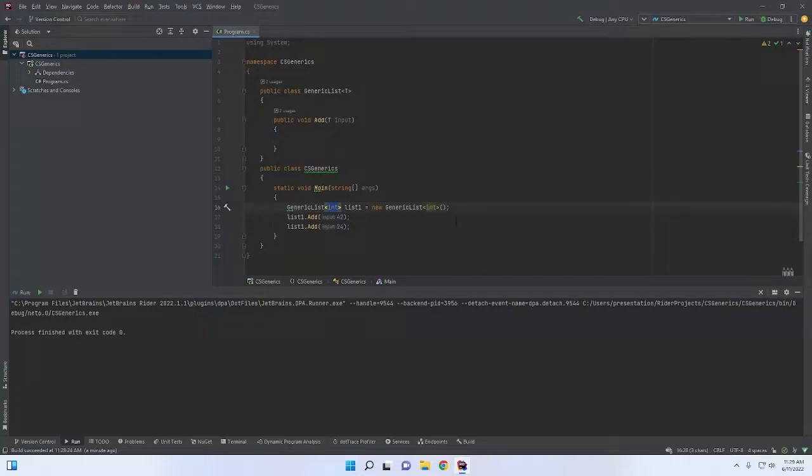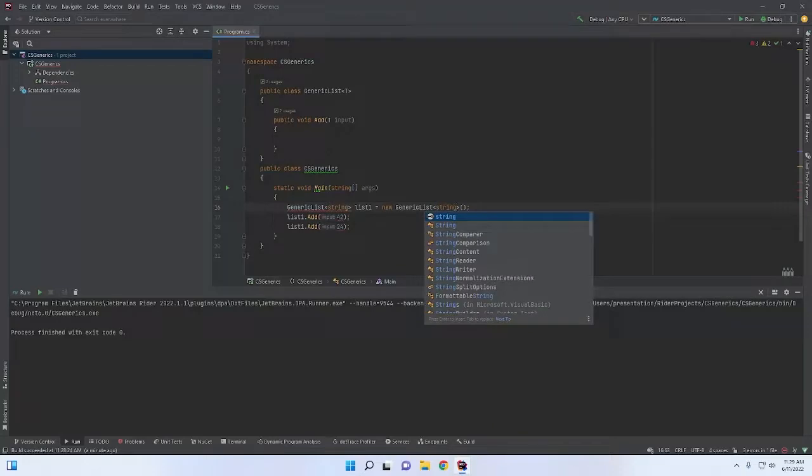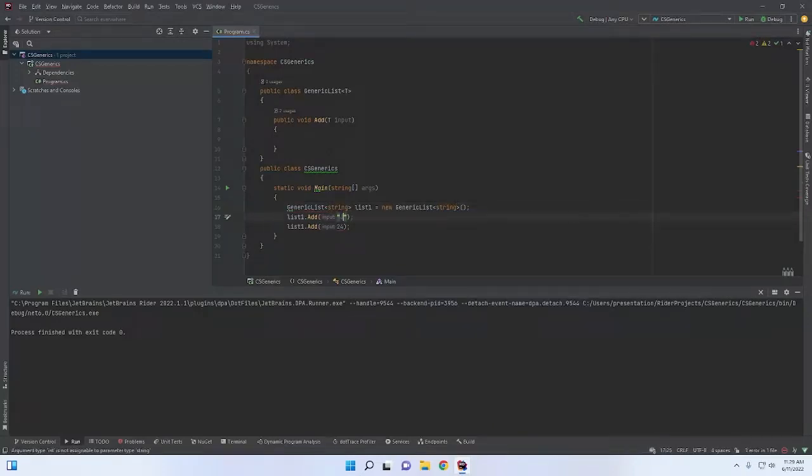So you can go ahead and say, instead of int, we can say that these are now strings, and now we can add in Jeremy, Luke, and notice that our add stayed the same. So whatever functionality we have in here, it will just take that generic type and use that. You can also do this with multiple types. So we can go ahead and say